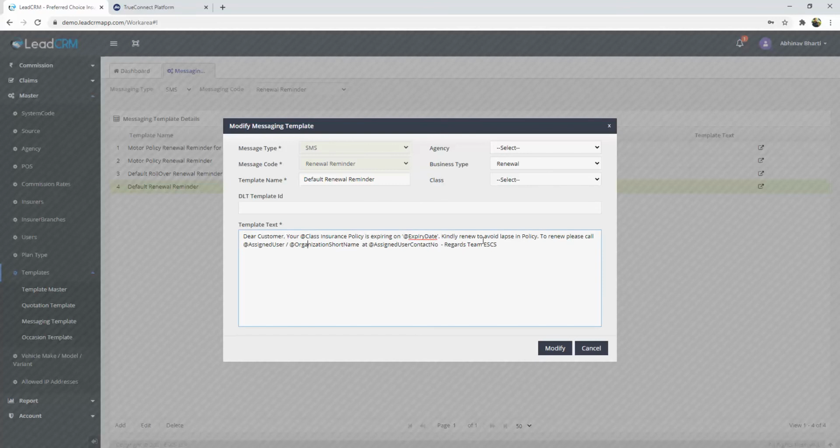In the template text, you need to ensure that along with the text, there should be a brand name specified. Having the brand name is a mandate from TRAI and the telecom operators, without which your content SMS registration template will not be approved.